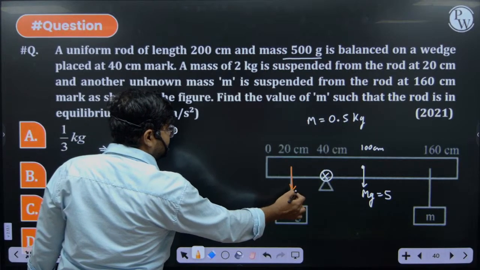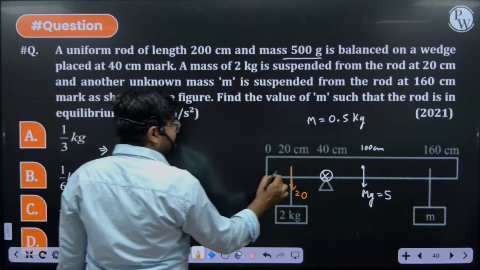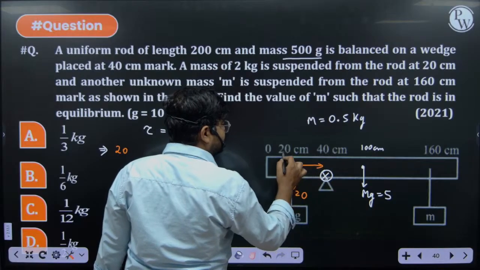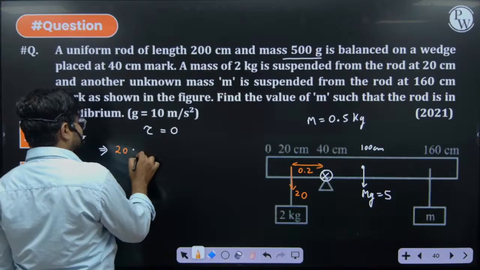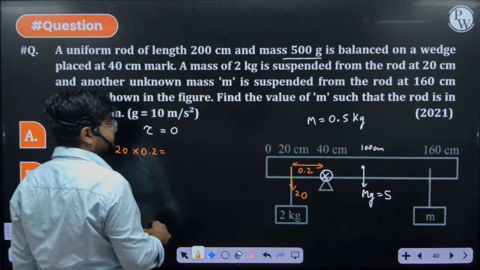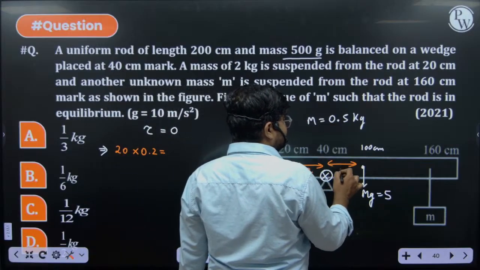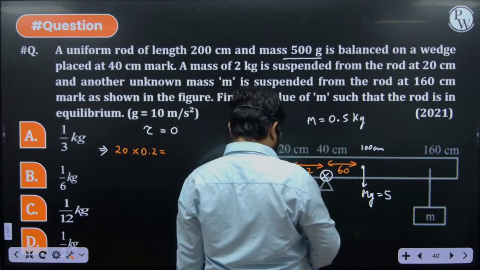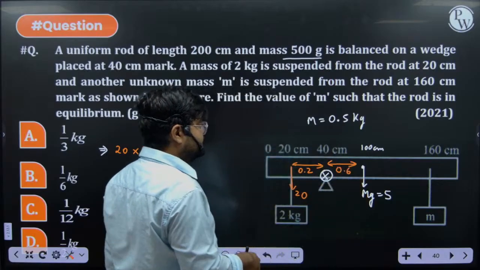2 kg, so 20 mg is 20, and this distance is 20 centimeter or 0.2 meters. In meters it is 0.2, equal to, this distance is 60 centimeter or 0.6 meters. 5 into 0.6,